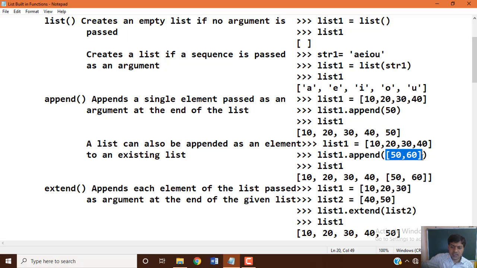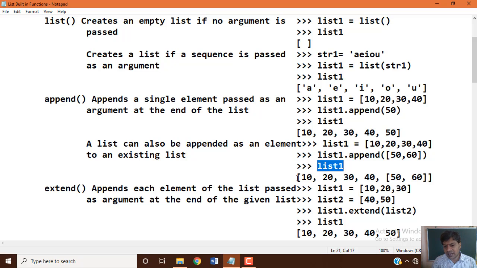We know that list data items or values are always enclosed within square brackets. Clearly you can observe that within the append function's parentheses, we specified a list type of data. Now once you execute, list1 will have the argument list added to the existing list data, appended at the end of the existing list variable's data items.